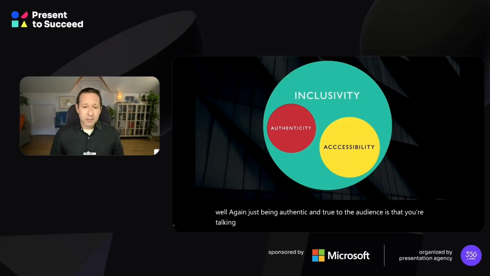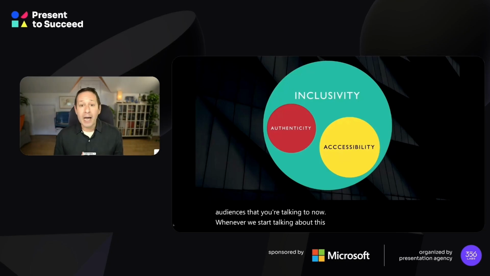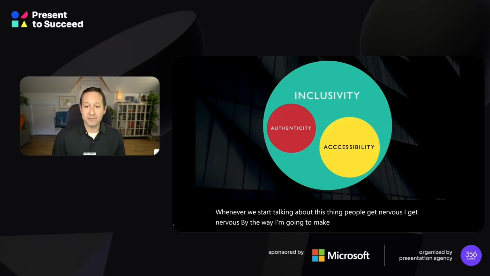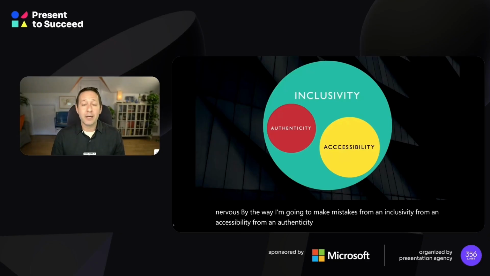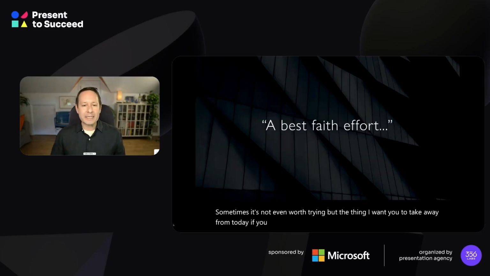Now, whenever we start talking about this thing, people get nervous. I get nervous. By the way, I'm going to make mistakes from an inclusivity, accessibility, and authenticity perspective today. We always do, right? It's sort of impossible. But people get nervous, and I do as well, because we always feel like we're doing it wrong. We're not doing it right. Sometimes it's not even worth trying. But the thing I want you to take away from today, if you take away nothing else, is the phrase,